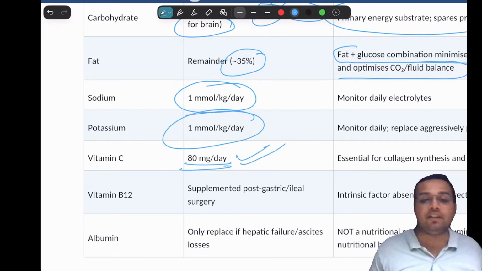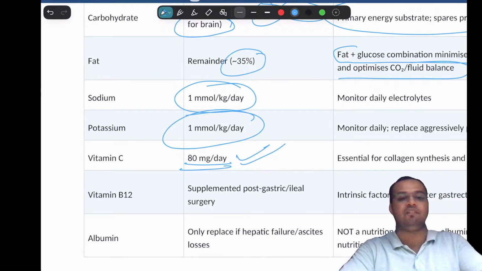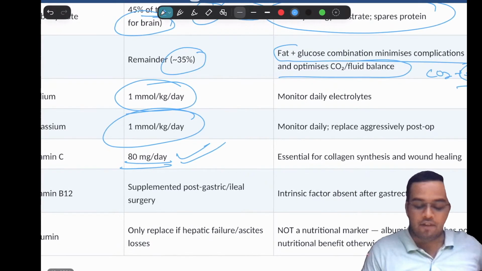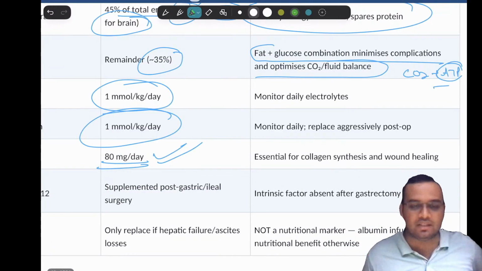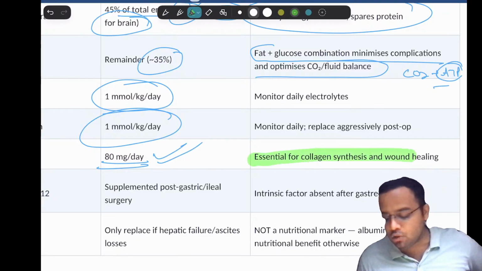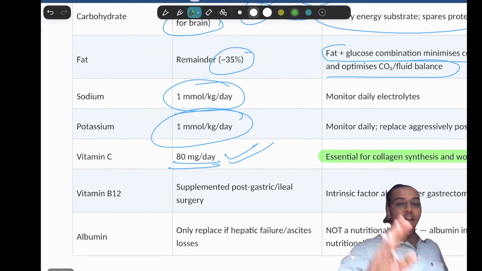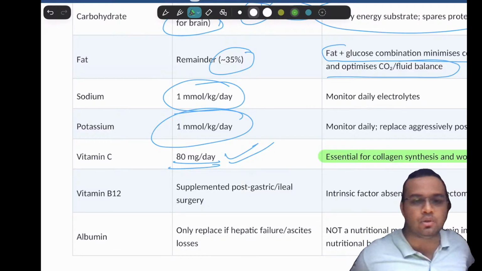Vitamin C is definitely required, which you don't give supplementation. So that is the reason that all post-operative patients should have vitamin C, because when you are going to have a laparotomy patient, whenever a bowel anastomosis patient is going to be there, the healing is going to occur by collagen formation, and it is essential for collagen synthesis and wound healing. So all the patients should get IV vitamin C,